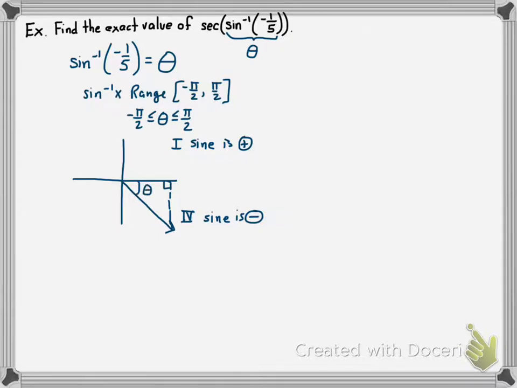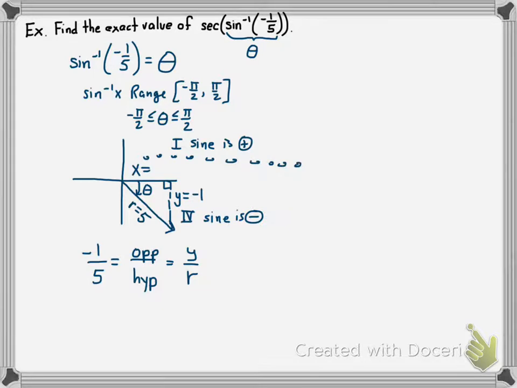Here is my angle of theta, and my ratio is negative 1 over 5, and since this is inverse sine, that ratio is opposite over hypotenuse, or y over r. So our y value is negative 1, and our hypotenuse is 5. Alright, now we saw in the last problem that we will probably need that third side of the triangle, so I'm going to go ahead and figure out what that x value is equal to